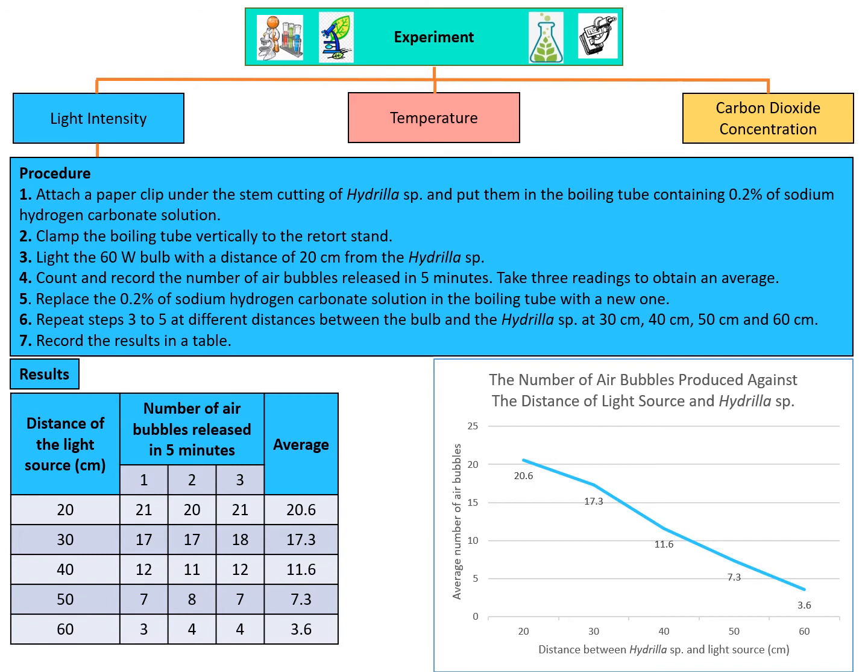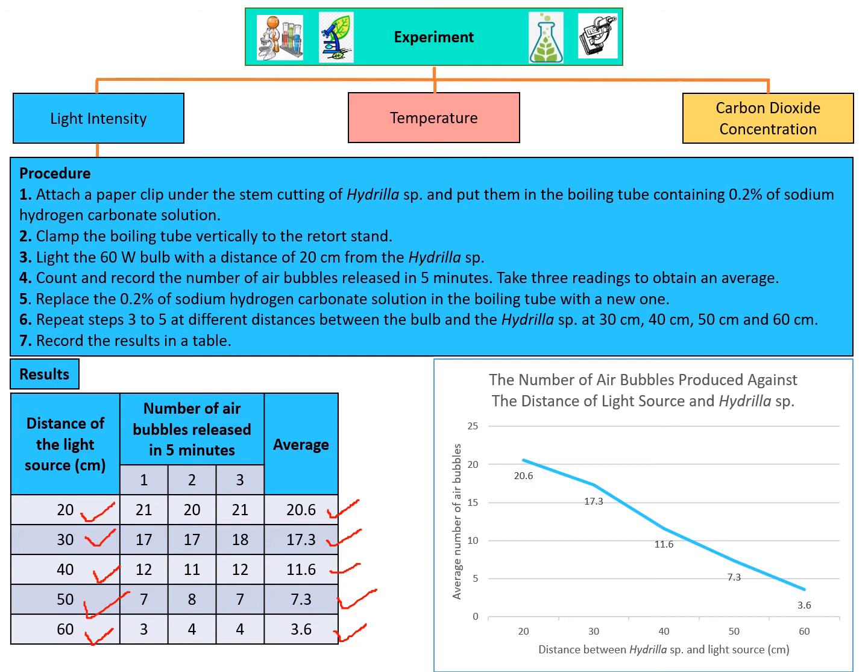When the distance of the light source is 20, the average number of bubbles released in 5 minutes is 20.6. When the distance is 30, the average is 17.3. At 40, the reading is 11.6. At 50, going down to 7.3, the average reading. At 60, only 3.6. When we plot the graph, the number of bubbles produced against the distance of the light source and hydrilla,